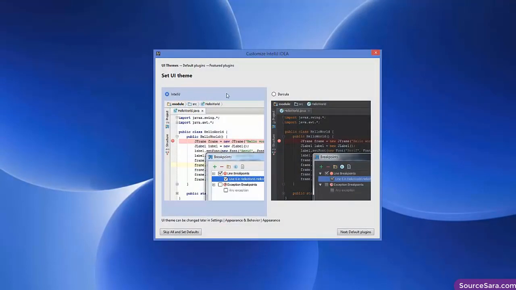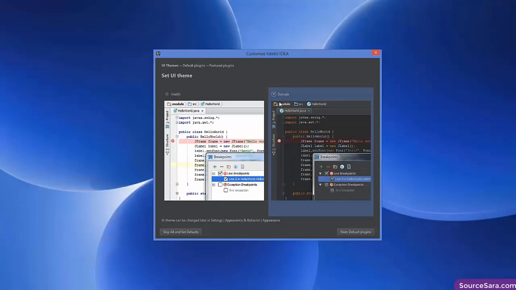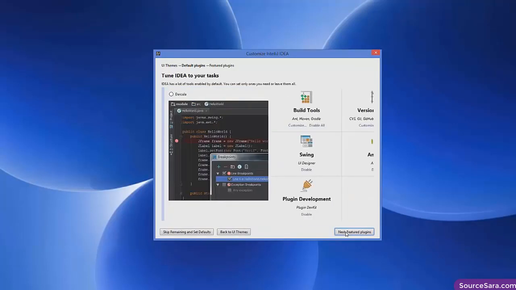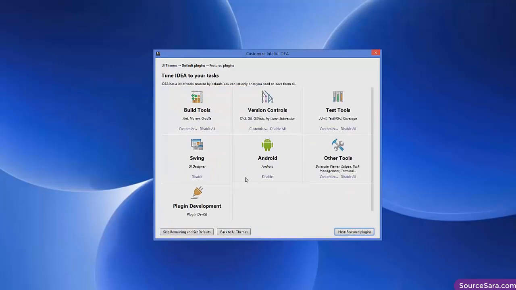Now in here you have two options. One is IntelliJ theme, which is this light version of theme, and the other is Darcula theme, which is the darker version of IntelliJ IDEA. So what I like generally is this IntelliJ theme, but if you like dark themes, something like this, you can choose this option also. Okay, so I'm going to choose this default one, and then I'm going to click next,